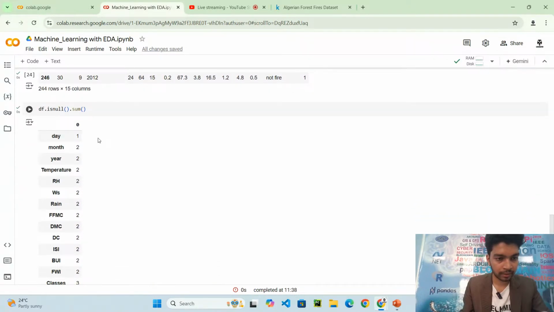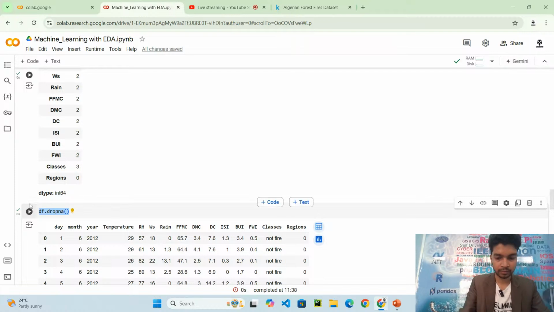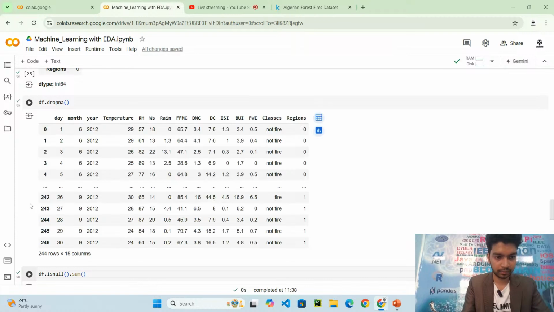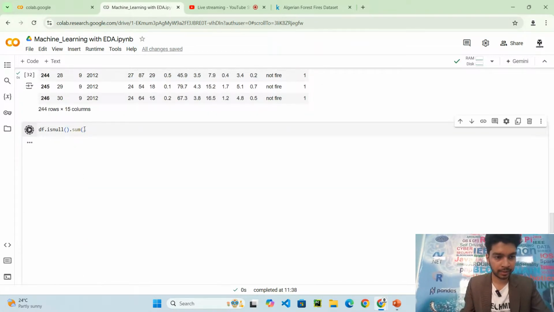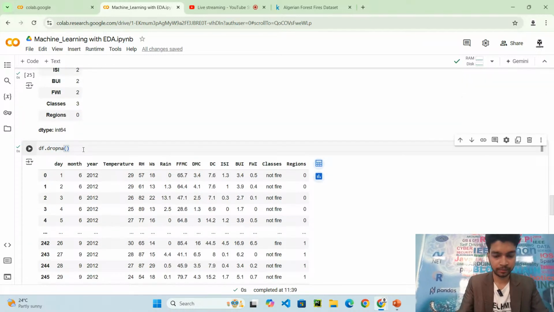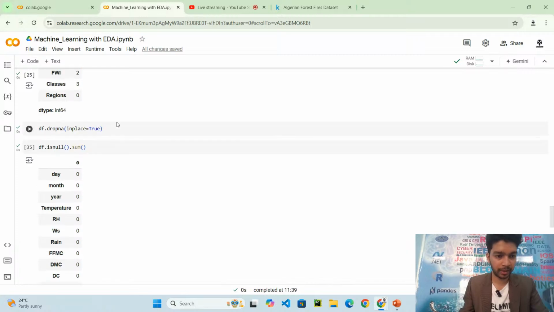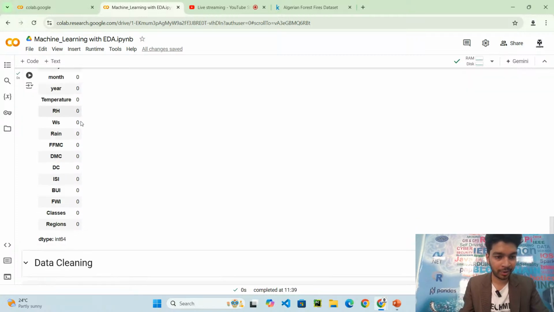Once again, df.dropna. Why are the missing values not gone? inplace equal to true. Okay, so inplace equal to true was missing. Now all the missing values have been dropped.